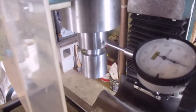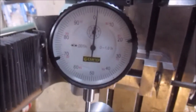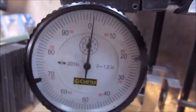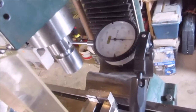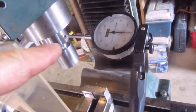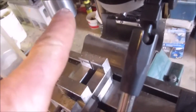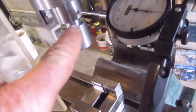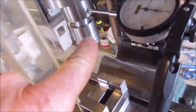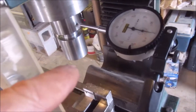I tried putting it on the spindle itself, and I'm getting 1 thou run out. Now, that doesn't mean the bore isn't bang on, okay? It doesn't mean the bore isn't bang on. I have one more place I can try it. I can try it on the taper itself. And if that's bang on, that means the bore is bang on and something's wrong with this piece here. And I'm guessing maybe since it was between centers and it was machine offset,